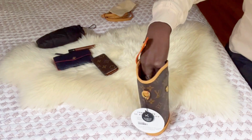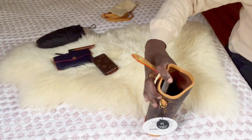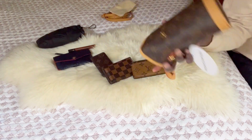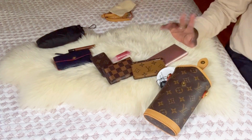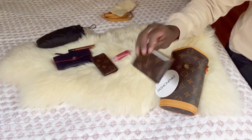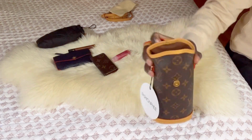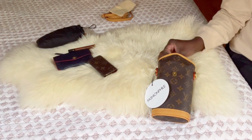So I'm trying to get it in there, and it's giving me a little bit of resistance. I don't think it's because there's no room. I just suspect the lip product has fallen down. So I guess I'll just start over. Yeah, the lip product kind of fell to the side, to the bottom, and it's kind of obstructing the access to the bottom. So I'm just going to take that out and we'll just start over. I guess it's in and you don't have to fuss with it too much. And then you can still carry 1 lip product or 2, I guess. I'm not sure why you'd want 2, but...